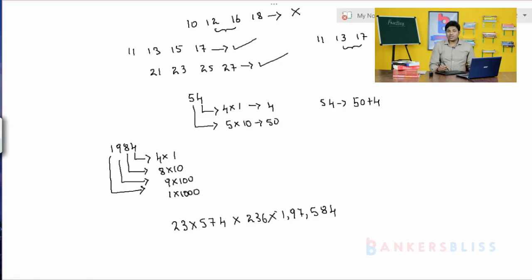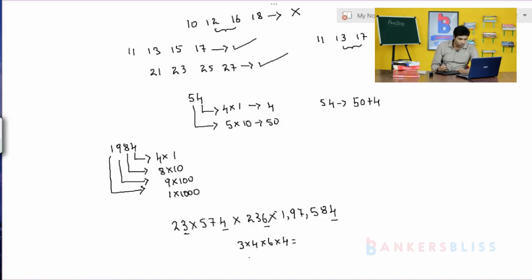See here, it is very simple to calculate. While calculating the unit digit, you always consider only the unit digit of the number. Whatever the number, whatever the size of the number, you consider only the unit digit. The unit digits are 3, 4, 6, 4. So 3 into 4 into 6 into 4. You solve this, and after solving, the unit digit you get will be the final answer.